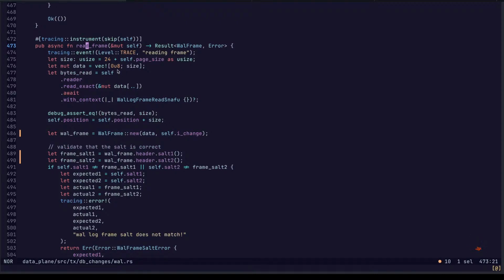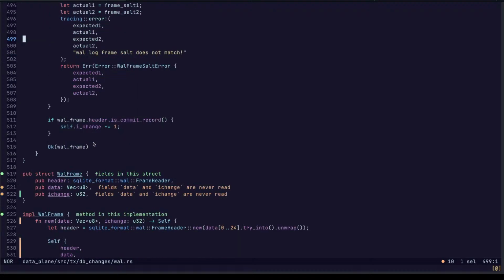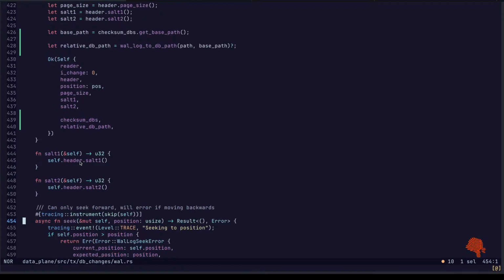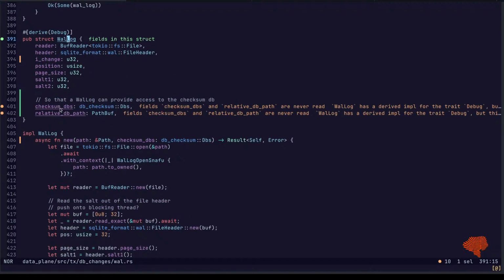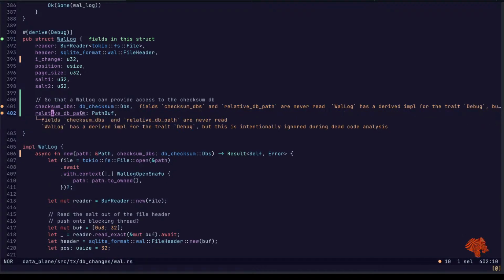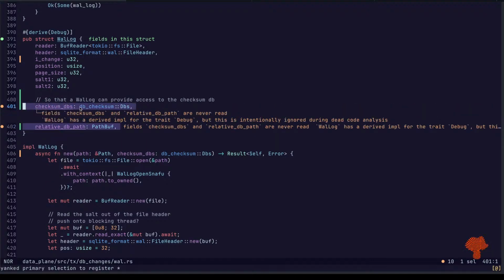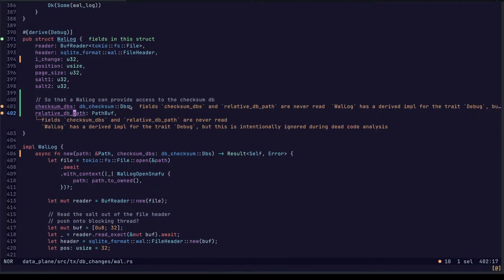Something that will basically let me read through the transaction. The wall log should give me a transaction reader in which I can borrow from these for a short period of time.